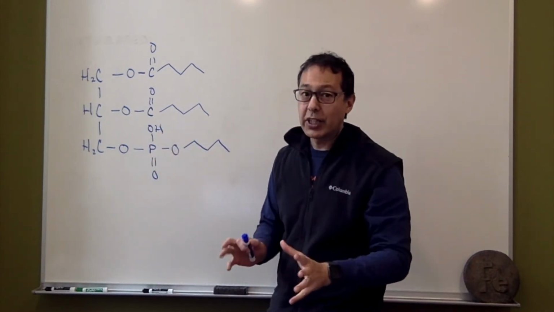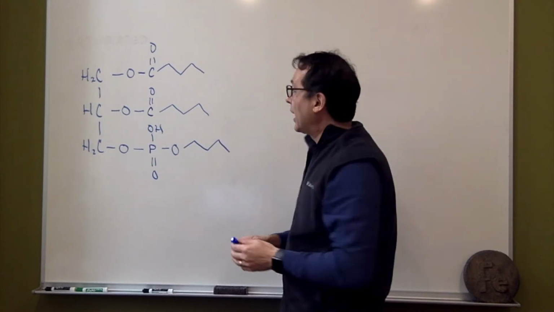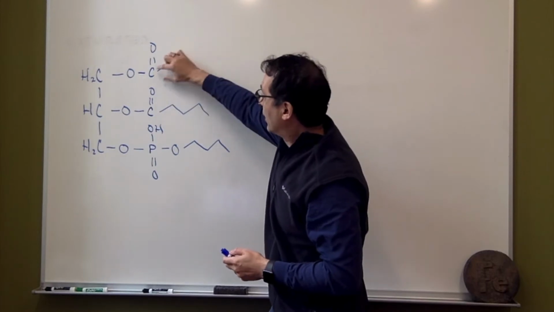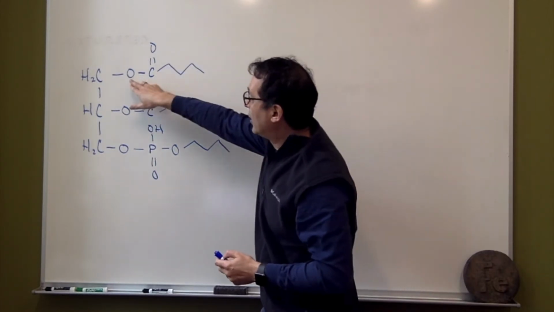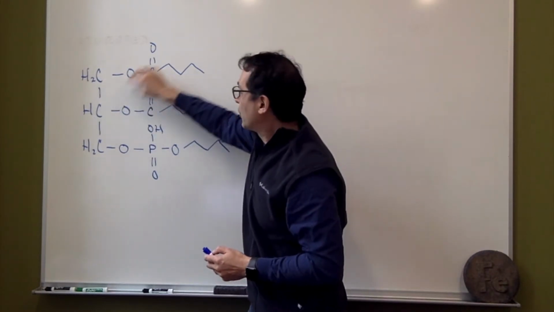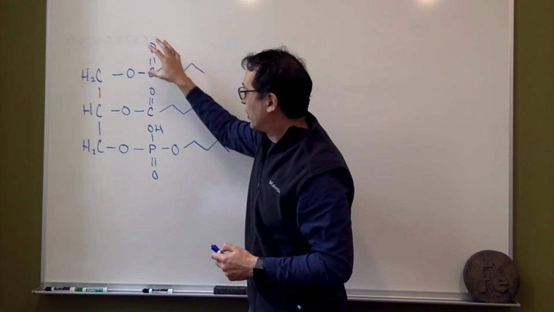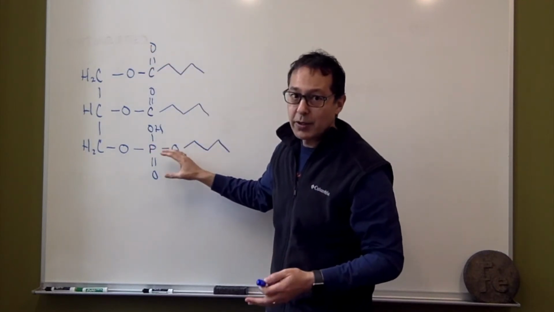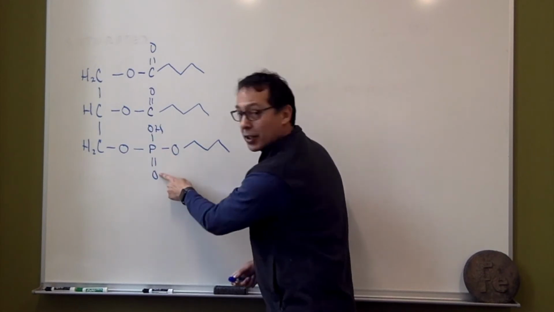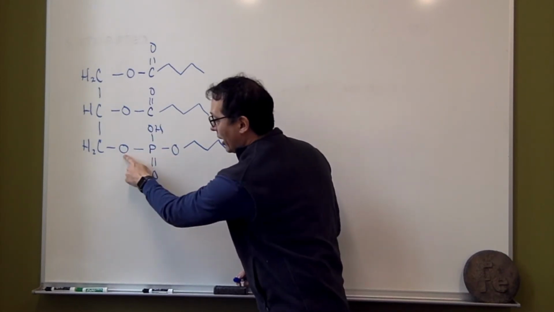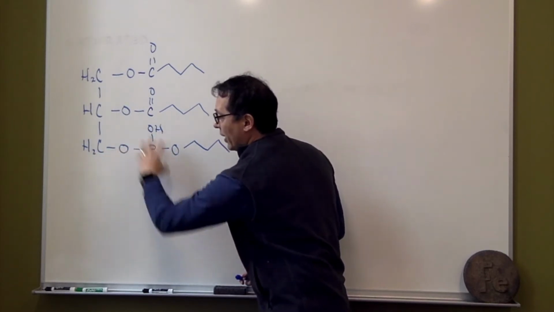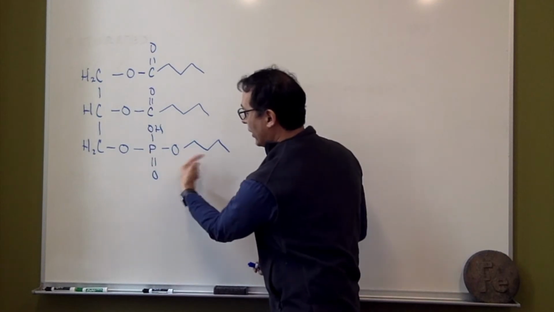Now the ester linkages, if we remember what an ester is, we have the carbonyl group, and then the carbonyl group has a carbon chain coming off of it, and then here we have an oxygen, and then another carbon. So this right here would be a carbon ester group, and then a phosphoester group would be, instead of a carbonyl, we have a phosphorus double bonded to an oxygen, and then over here we have an oxygen attached and then a carbon. Okay, so this here would be a phosphate ester,